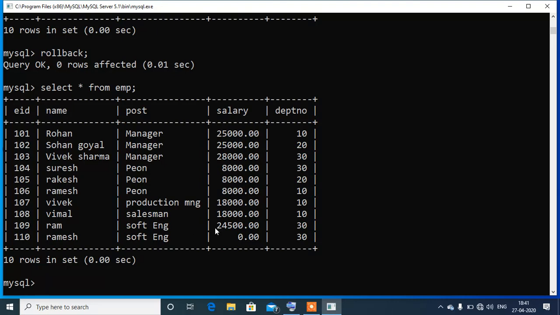But the problem here is we have one feature in MySQL that is automatically on, and that is the autocommit feature. Commit means save.